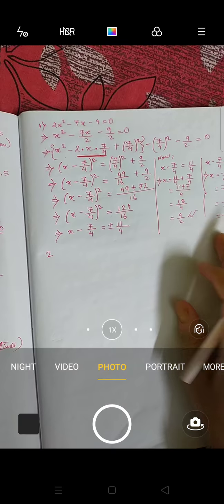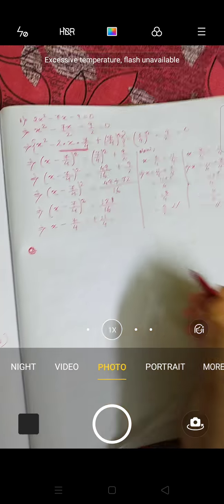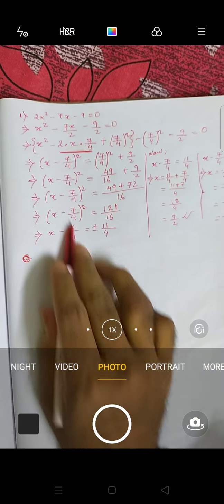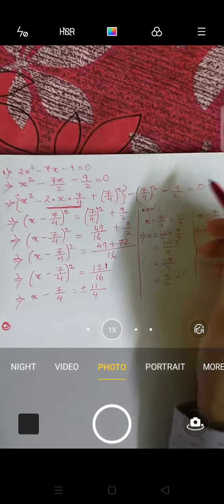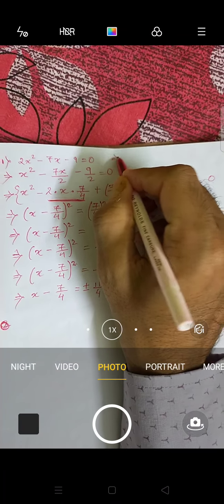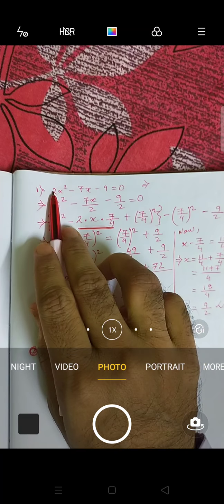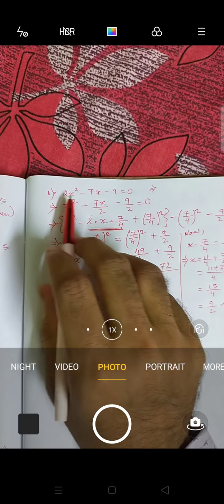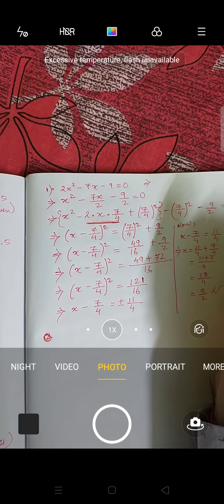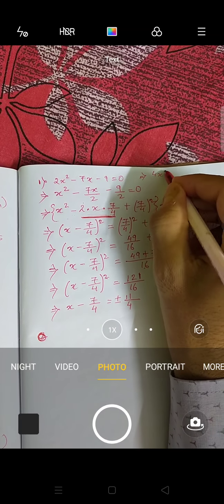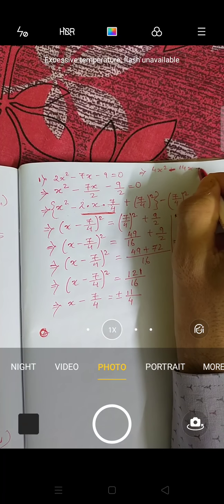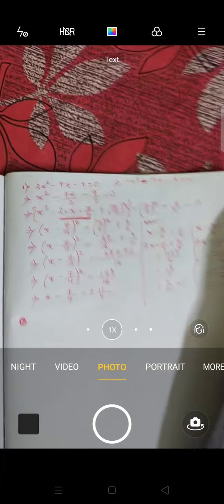This is one method. Another method, you can try this way. Just check it, okay? Basic things you will follow the same. Second method, what I can tell you, you can try this way. Now just see, you are having 2 here. You should have a perfect square, this one. So instead of dividing by 2, you can multiply it by 2. So you may get 4x square minus 14x minus 18 equals to 0. Understood or not?